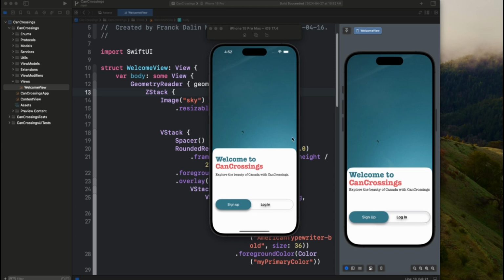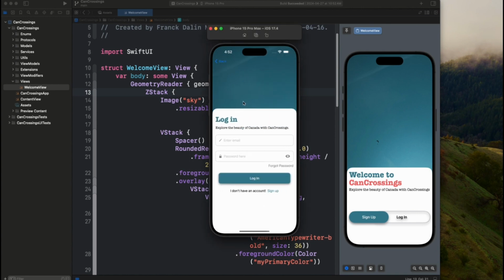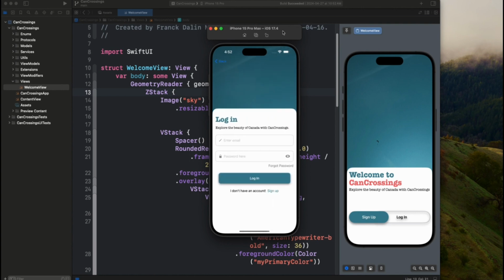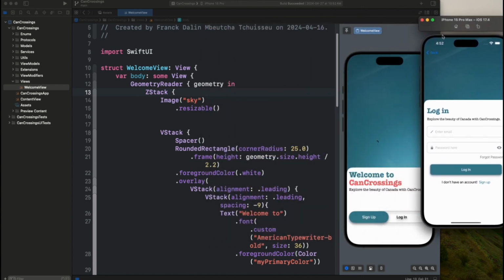In this video, we'll start building our login screen, okay? As you can see on this finished app, if we tap on login, we'll be redirected to this login screen, okay? So in this video, we want to focus on this one, okay? And in order to focus on it, we need to create a new